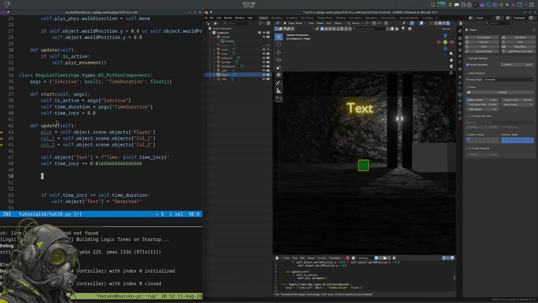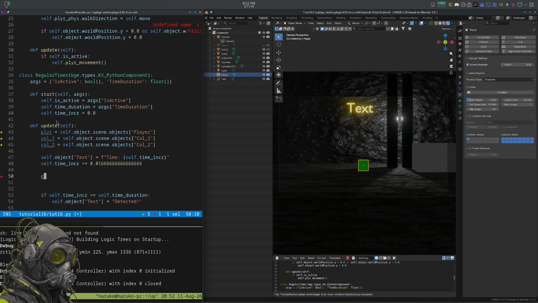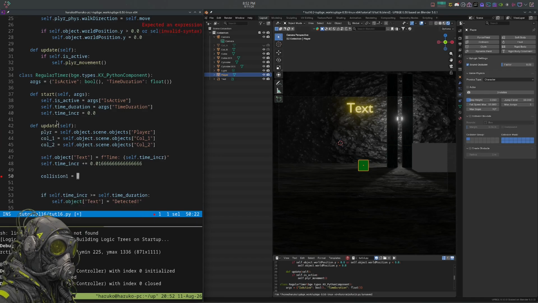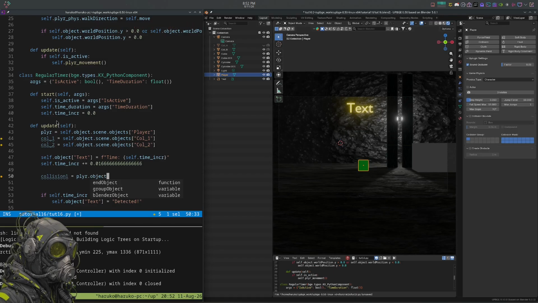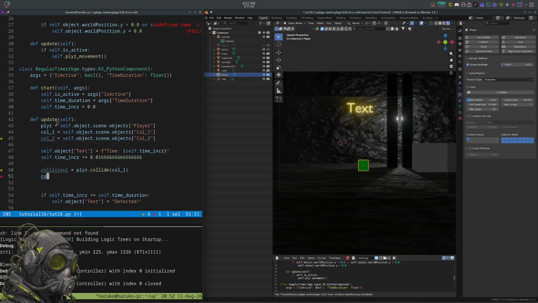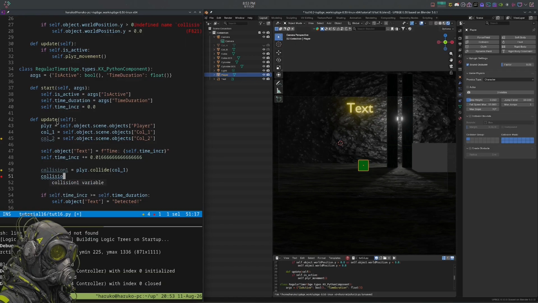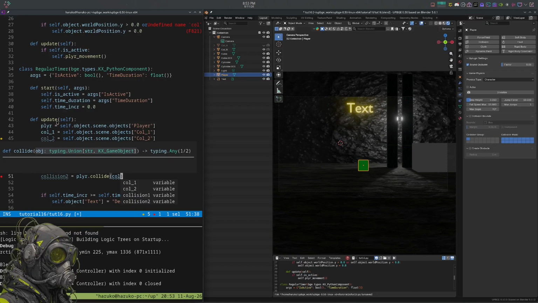And then we'll do collision1 is equal to player.object, now player.collide with call1, collision2 is equal to player.collide call2,